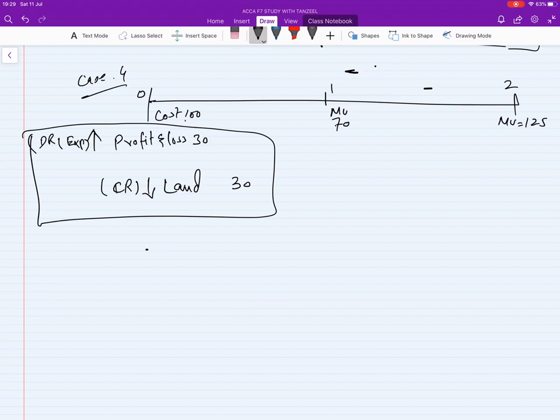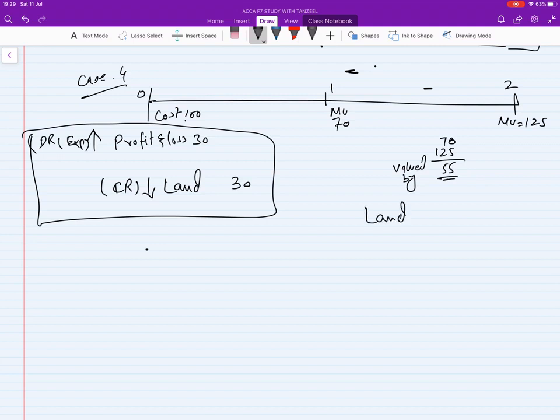In this case, now how much was it increased by? It was having 70 before, now it increases to 125. It means you have how much is it? Let's see, 30, 30 and 55. It was increased by 55, valued by 55. In this case, how can we calculate?